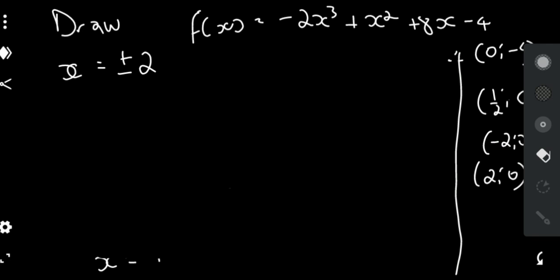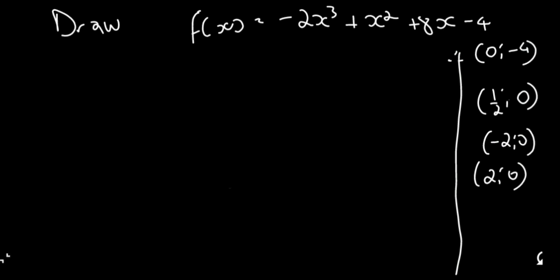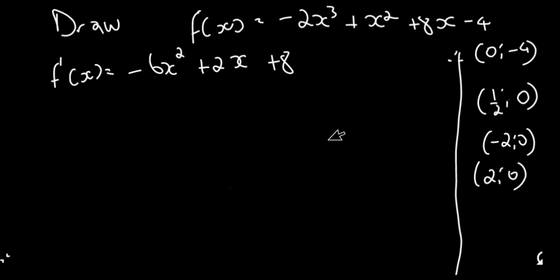So our first derivative is going to be 3 times negative 2, you're going to get negative 6x squared plus 2x plus 8. And then we need to set this equation equal to 0, and then solve for